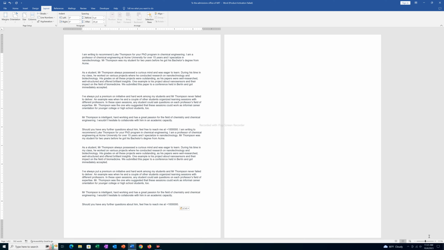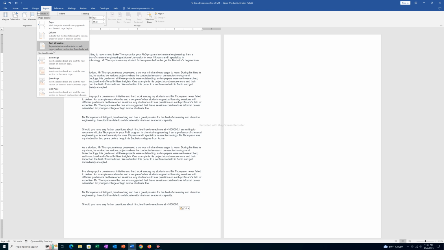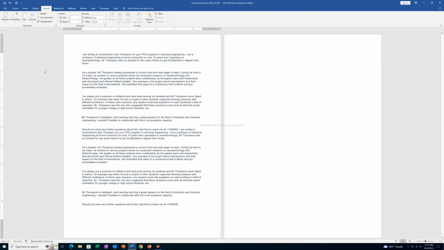In this video today, we will see how to have both paragraphs and columns in the same Microsoft Word document. Suppose I want to have a column from this particular line, and I want to have this as a paragraph. Then what I will do is click before this line, go to Layout, Breaks, and then under Section Breaks select Continuous.